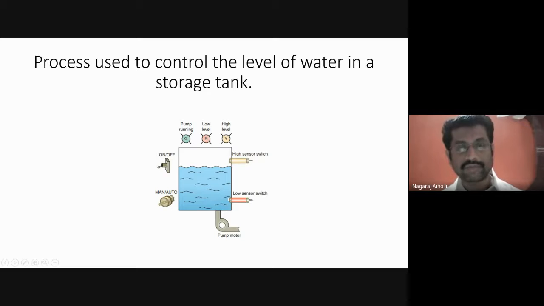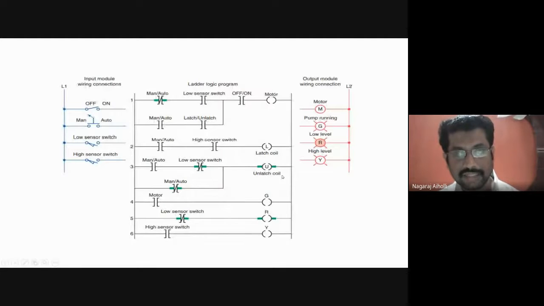We are unlatching because now the water has started to pump into the tank. If it is in low state, the water started to pump into the tank. Once it reaches a normal level, we will unlatch that condition. We don't require that previous status now, so we are unlatching that status. It is in manual/auto mode, low sensor switch. This will be examine if open. We are releasing the low sensor switch, because some water has now been pumped into the tank. So it is released, and whatever previous latched condition was there is also unlatched.